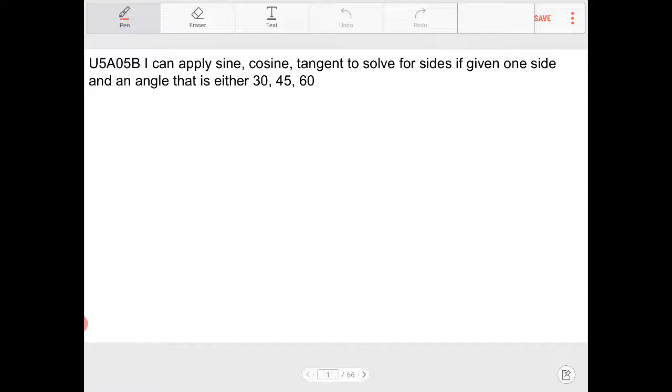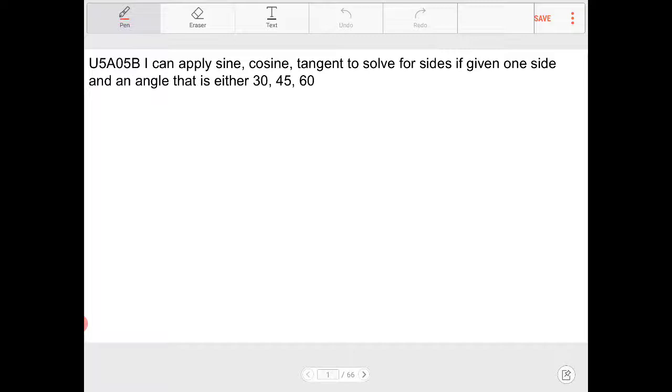So, students, in the past lesson, we looked at the derivation of the Pythagorean theorem, which then allowed us to work with right triangles specifically. And in the last lesson, we were able to solve for side lengths of similar right triangles that were 30, 60, 90 or 45, 45, 90. What I'm going to talk about in this lesson is, we can still solve for